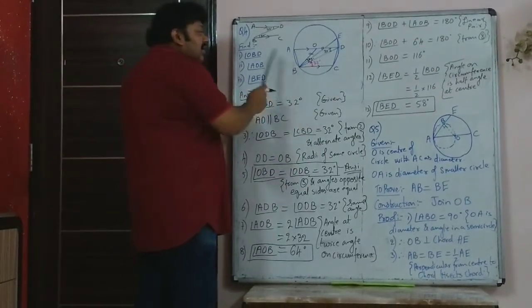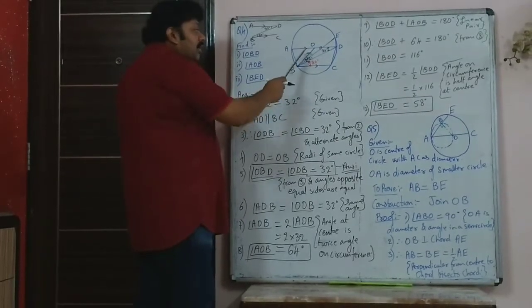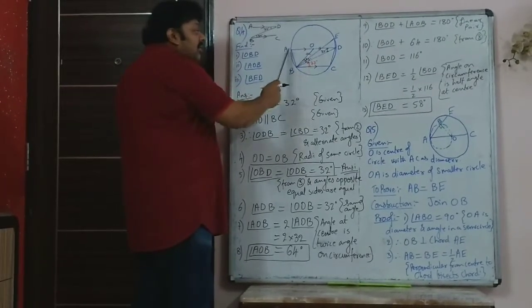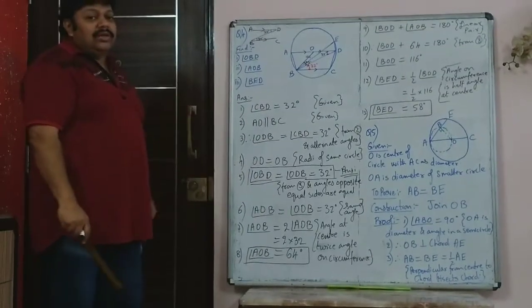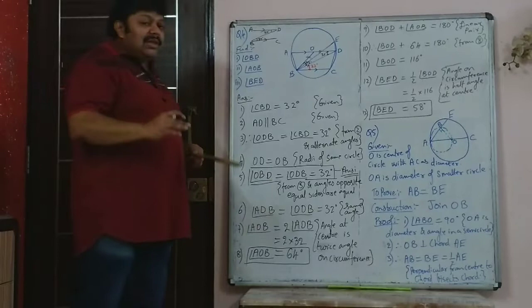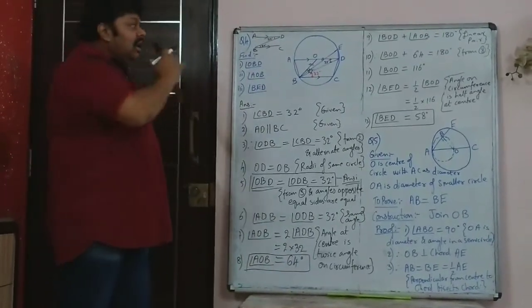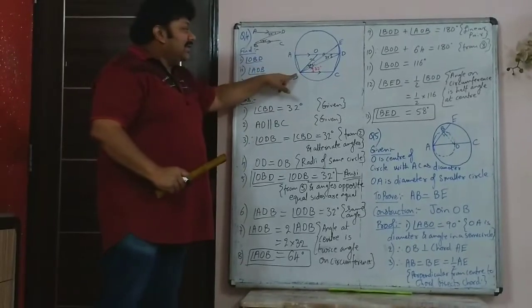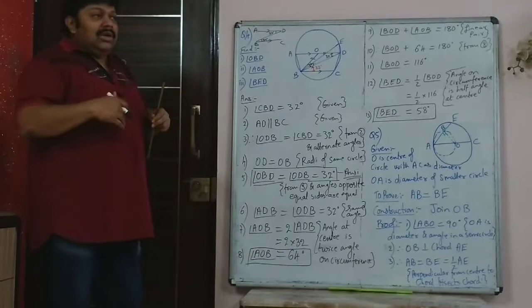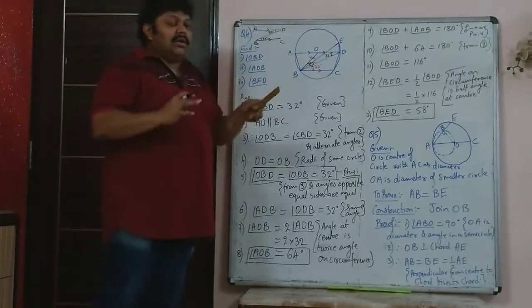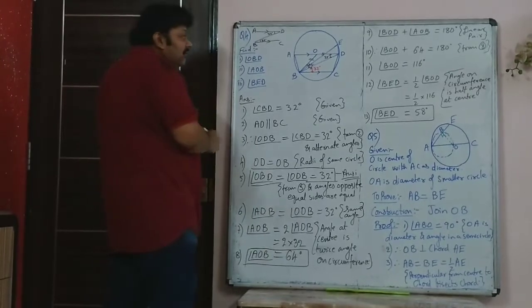So this angle is half of this angle AOB. So that means AOB will be double ADB. Angle at the center is 2 times angle at the circumference. So the main thing is that it is only with practice that you will be able to understand that angle at the center is twice the angle at the circumference. It may not be direct, it may look a little complex like this, but you should be able to do it. There is nothing tough in this.